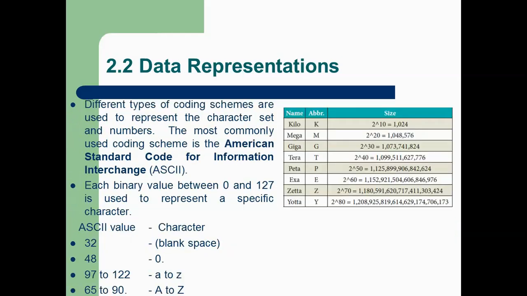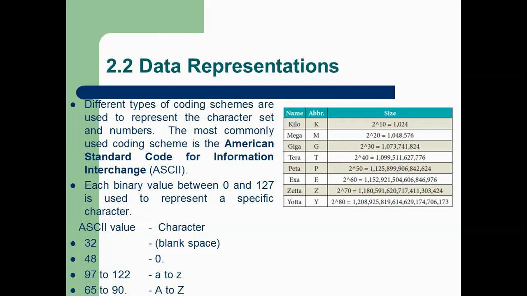So next topic is data representation, continued. Whenever we convert any data into binary form, in between the conversion of data into binary form, there are many different number systems used by the computer. The raw data given by the user using keyboard or mouse is converted into some digits. For this conversion, different types of coding schemes are used by the computer. One of the famous coding schemes is known as ASCII. It means American Standard Code for Information Interchange.